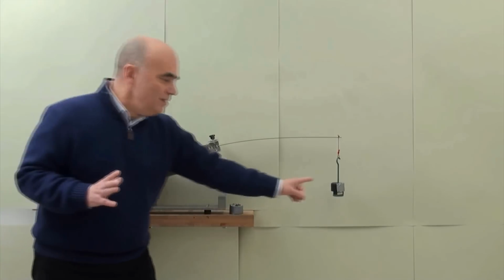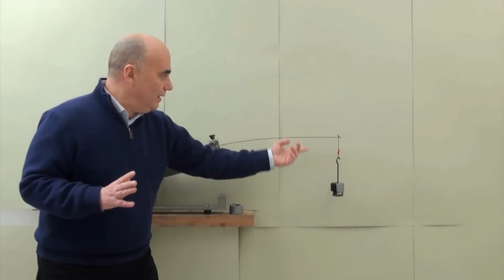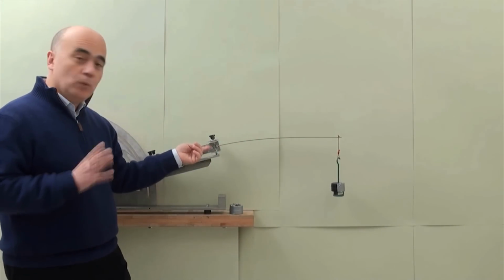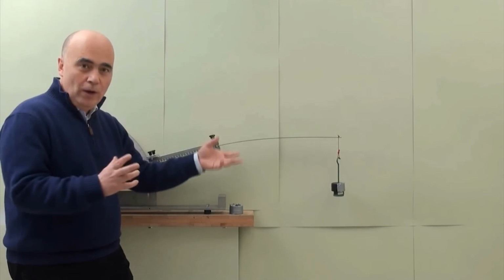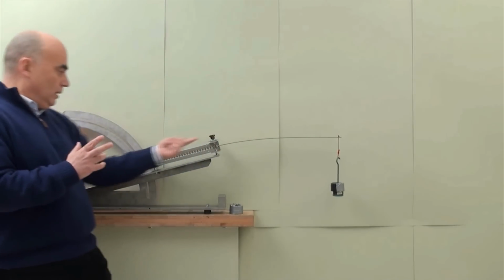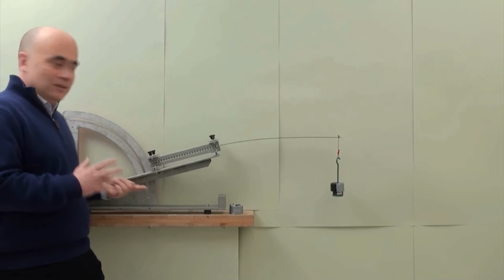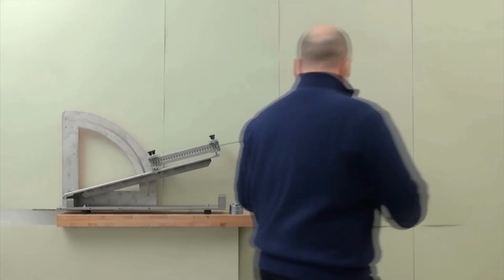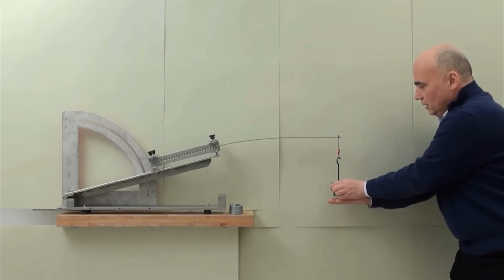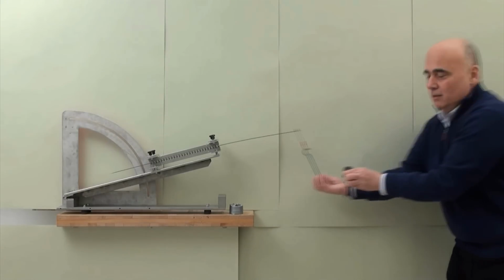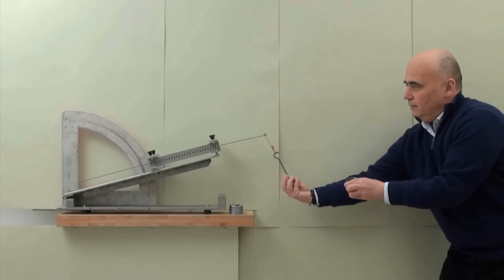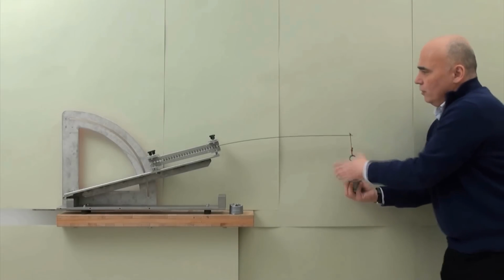Now if I decrease this load, then the configurational force will not be enough to balance the weight of the system, and the elastic rod will go into the sliding sleeve. It's pretty easy to show. If I decrease this load, then it immediately slides down. Now I restore equilibrium.